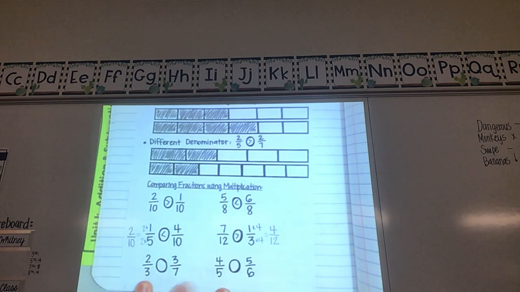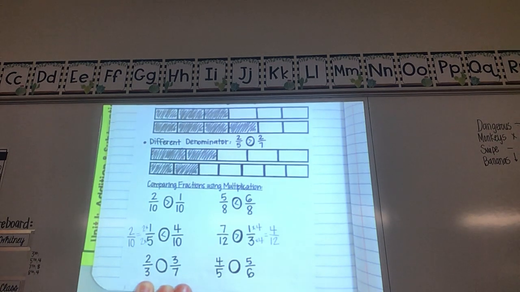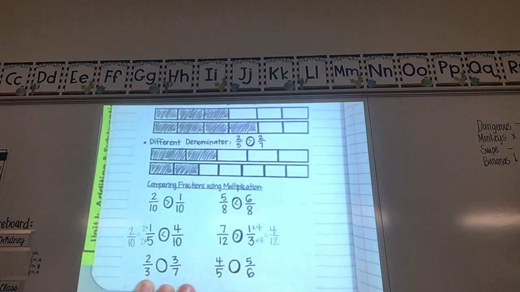We have 2/3 and 3/7. Different bottom numbers. I'm thinking, what could I multiply by so that they were both the same? Now, this one's a little trickier. I can't think of anything right off the top of my head. So here's a trick that will always work. If you can't think of anything to multiply by to make the bottom numbers the same, you can always multiply